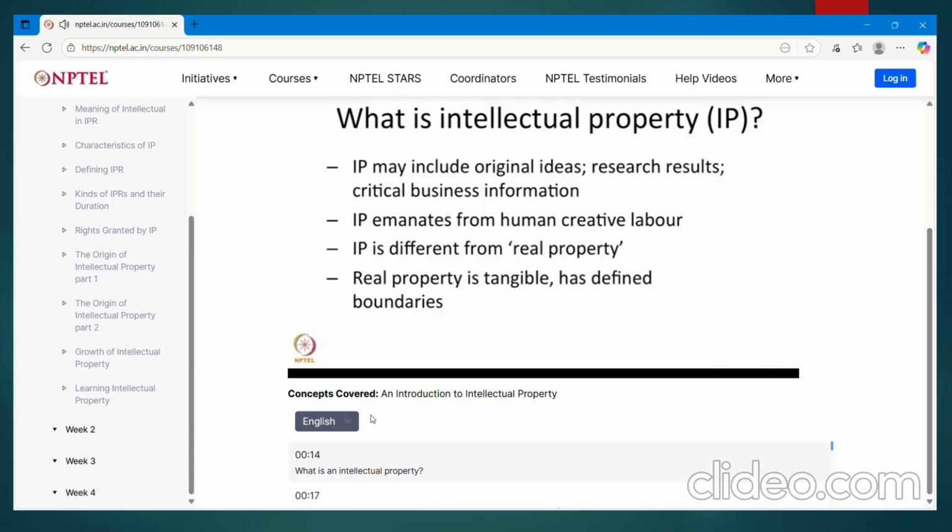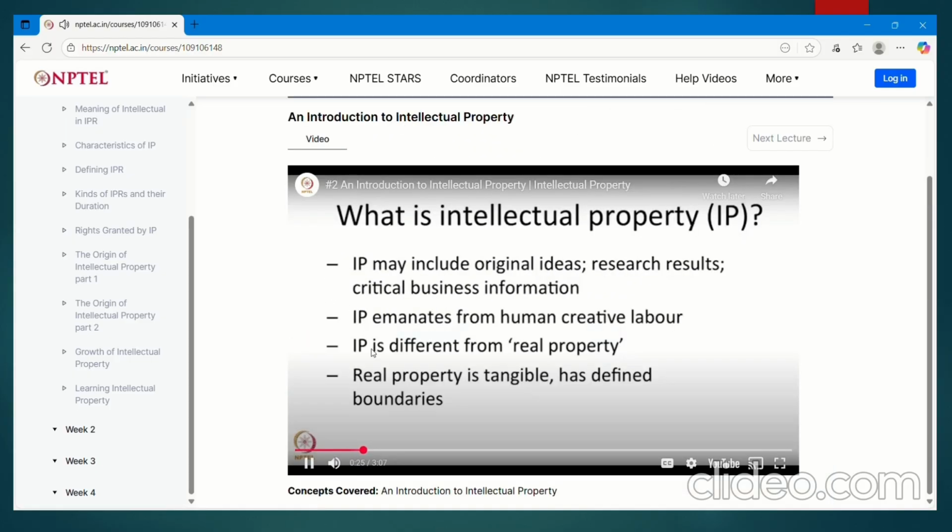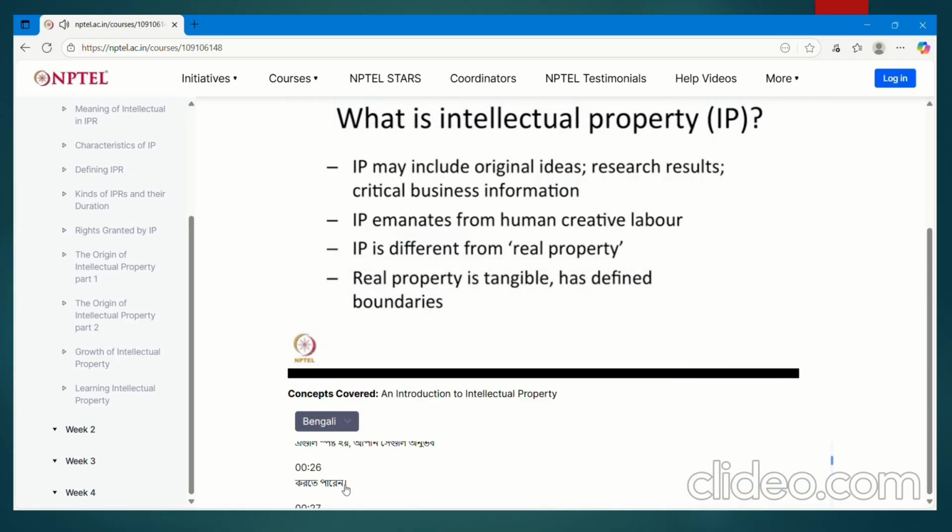What is an intellectual property? Intellectual property relates to original ideas, results that emanate from research, and generally it covers some kind of critical business information. Intellectual property refers to that set of property that emanates from human creative labor. Now, when we mention intellectual property, we are specifically trying to define intellectual property as that is distinct from real property, for example, land or